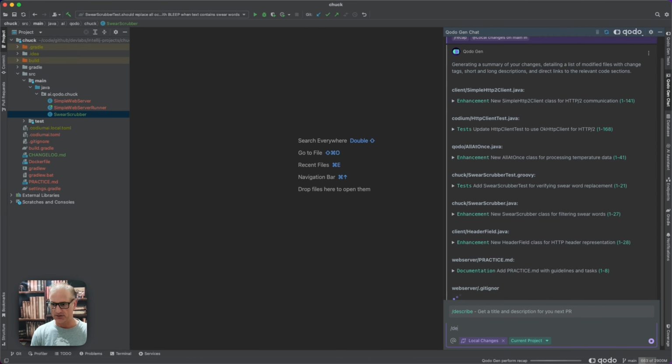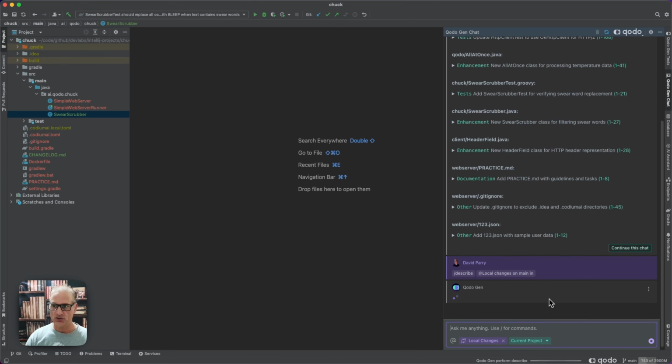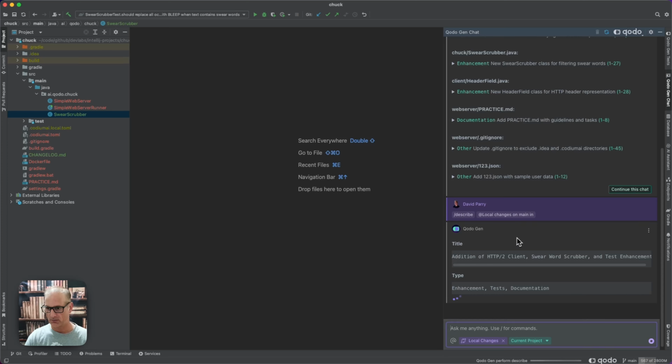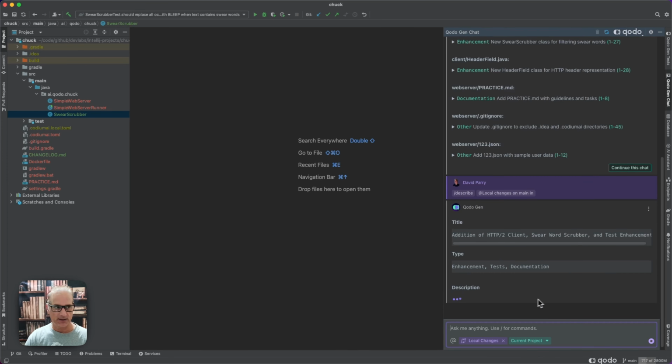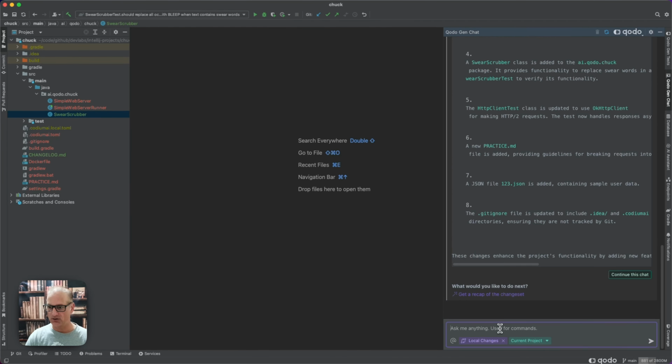And now I'm going to do a describe. And what the describe will give me is a description that I can use for my merge request. So I can give a title and the type and get a description. So that's what I can use. So if you don't have PR merge or Qodo merge, you could use that,